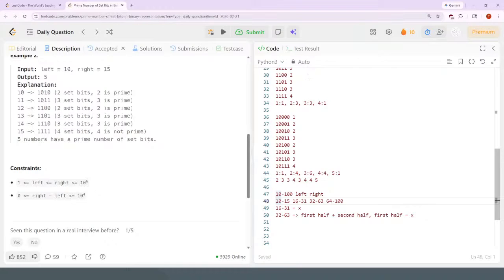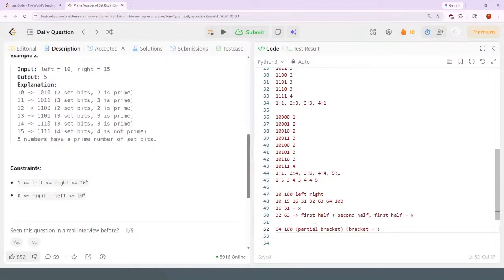I mean, if I'm doing the partial brackets, then it's either going to be the partial. Oh, I see, I see. I think I see. So 10 to 15, or actually let's do 64 to 100 because I think that might be slightly easier. 64 to 100 partial bracket, where